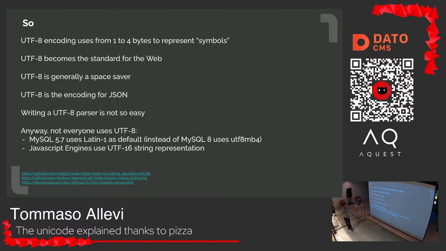JavaScript engines use UTF-16 to represent strings. Below you can find the Node.js implementation, for example. Why? Well, the reason is simplicity, because UTF-16 is easier to parse than UTF-8. And well, I don't know how many of you use MySQL. Does someone use MySQL? No one? Ooh. 8 or